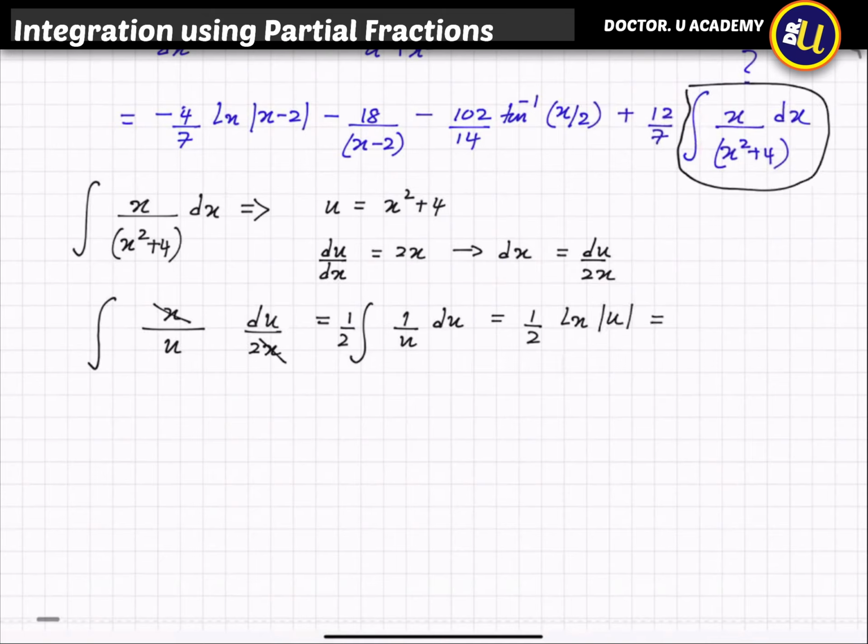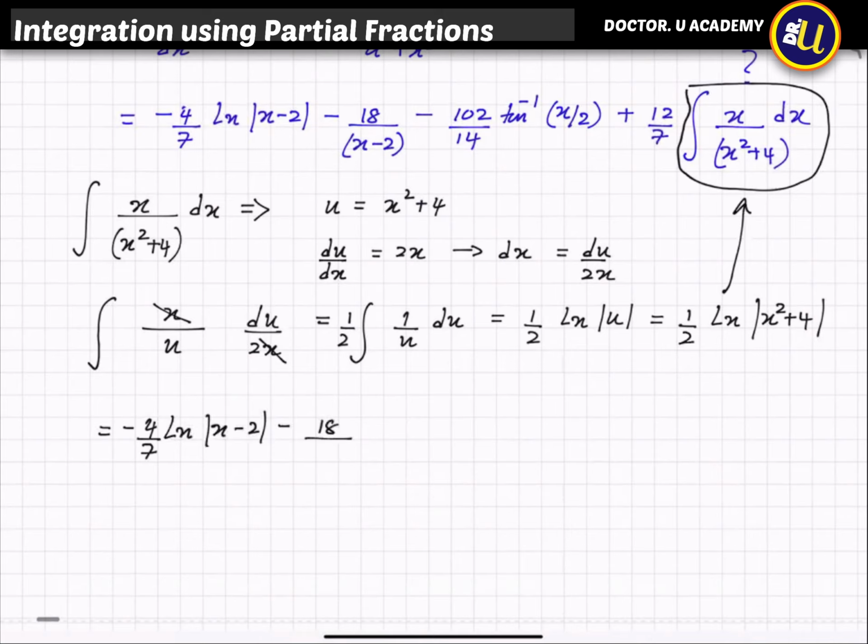So u is x squared plus 4, so that would be half ln mod x squared plus 4. So all good now. I can put this one over here. So finally it's going to be minus 4 divided by 7 ln mod x minus 2,